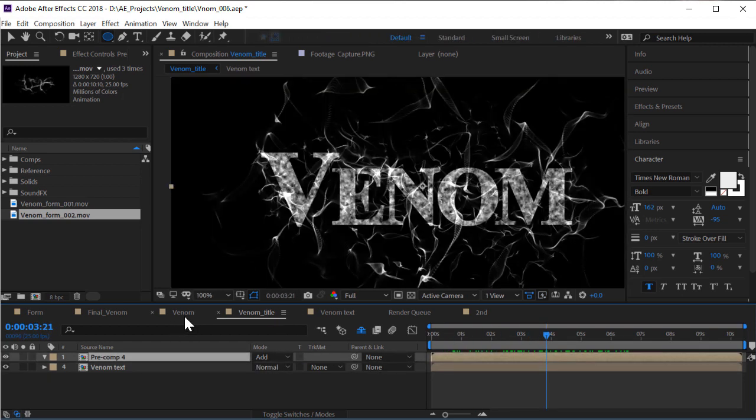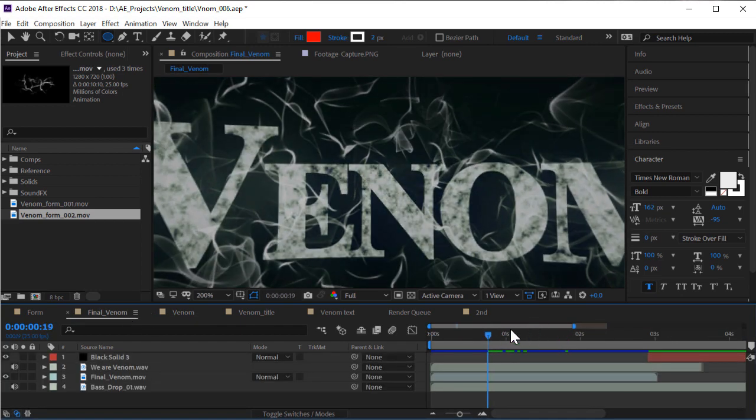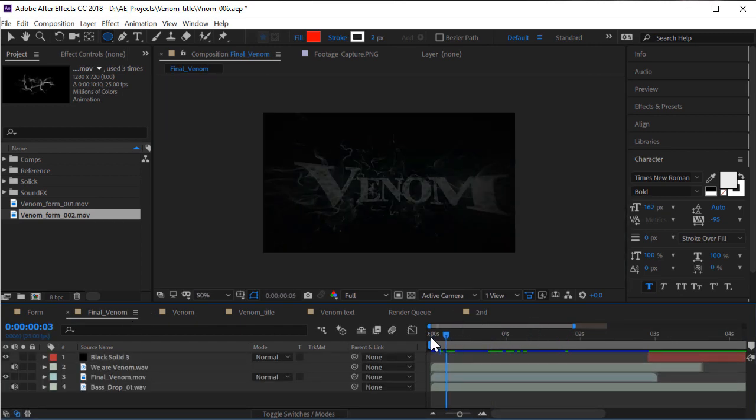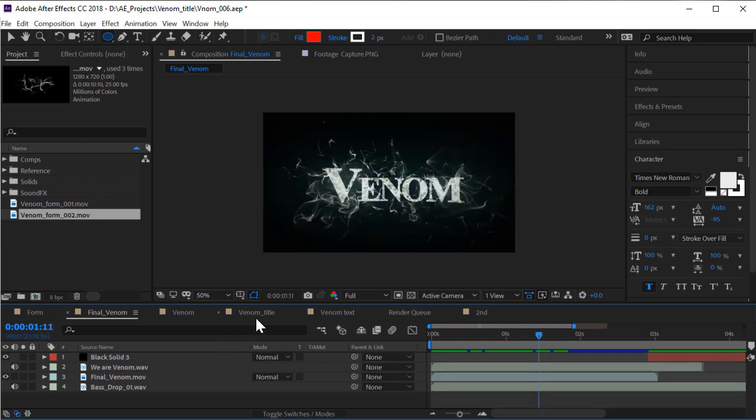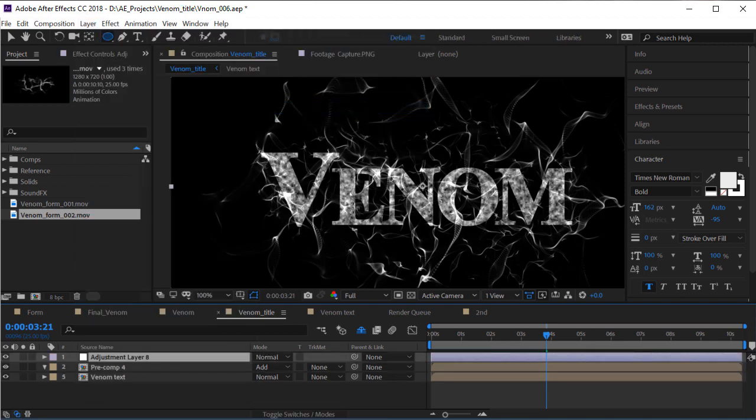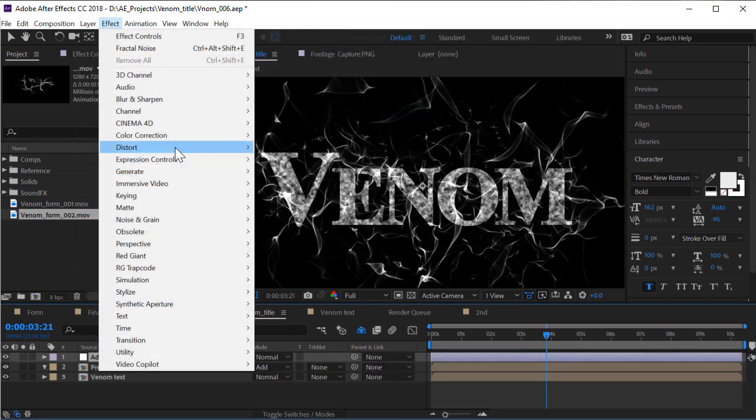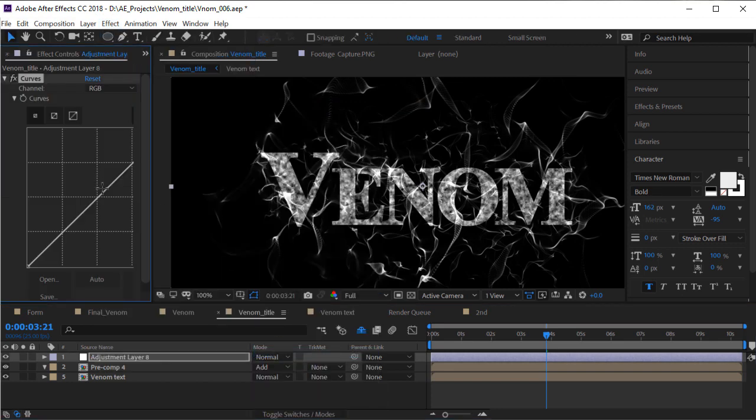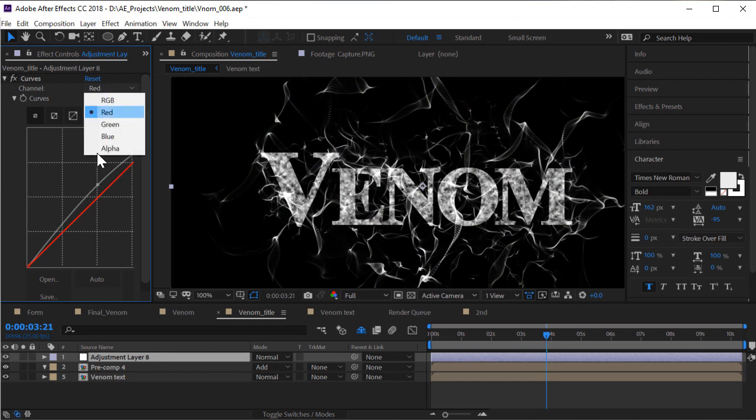And finally, we just need the color correction, a bit of color, and add this transition. So what I'm going to do is I'll go to Layer, New Adjustment Layer, and I'll go to Effect, Color Correction, Curves, and I'll give it some sort of contrast. Control Z, something like this. I'll go to the RGB,